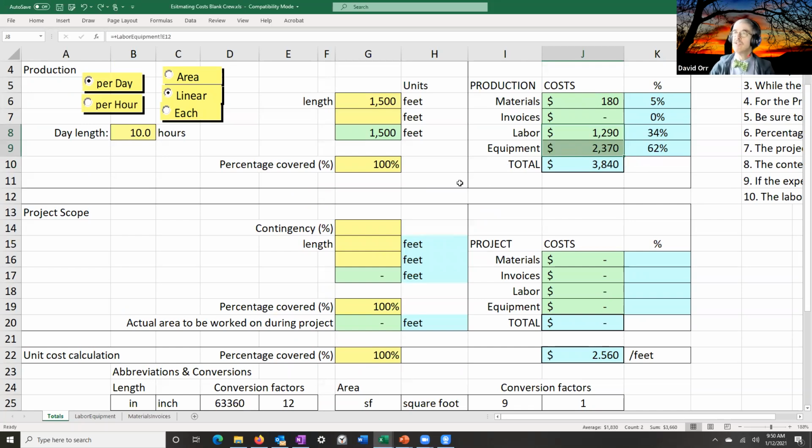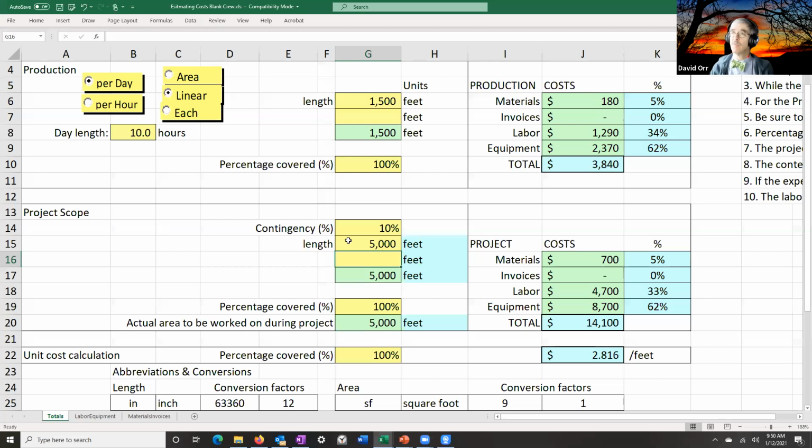What's cool about this, as soon as I've done these calculations, I can do a different project, okay? So if I've got a different project and I want to give myself a little bit of extra safety, let's assume a small contingency of about 10%, okay? And instead of a 1,500 foot stretch of ditch, maybe I want to do 5,000 feet. So I just type in 5,000 feet and it tells me the total cost. And that's what's neat about this: once I've set the spreadsheet up, I can go in and do other projects in almost an instant, okay?